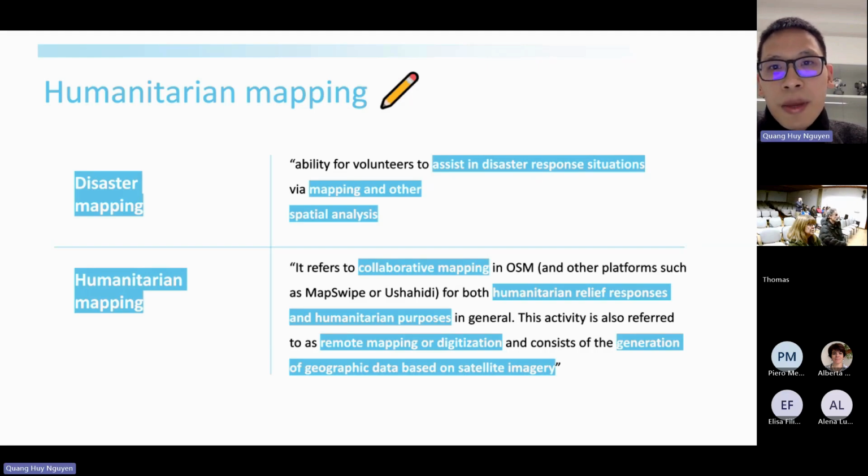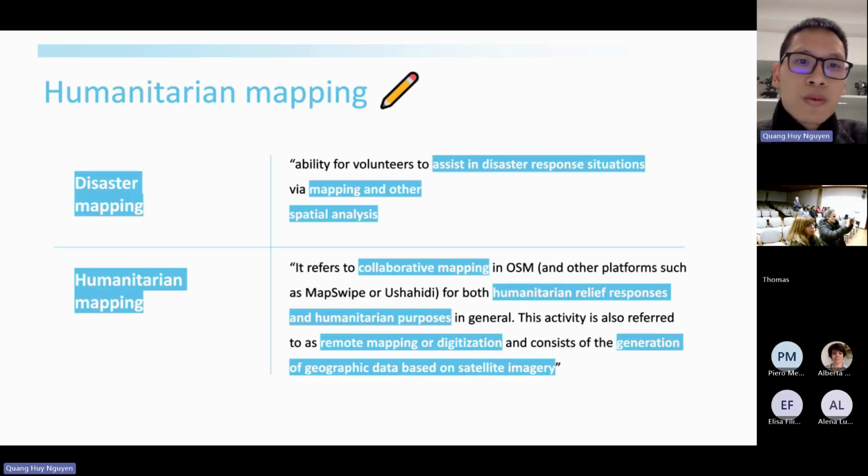In this term, they mention the ability to support disaster response by using mapping and other spatial analysis. So this is really a general term. But in 2010, a disastrous event came, which raised another term, humanitarian mapping.